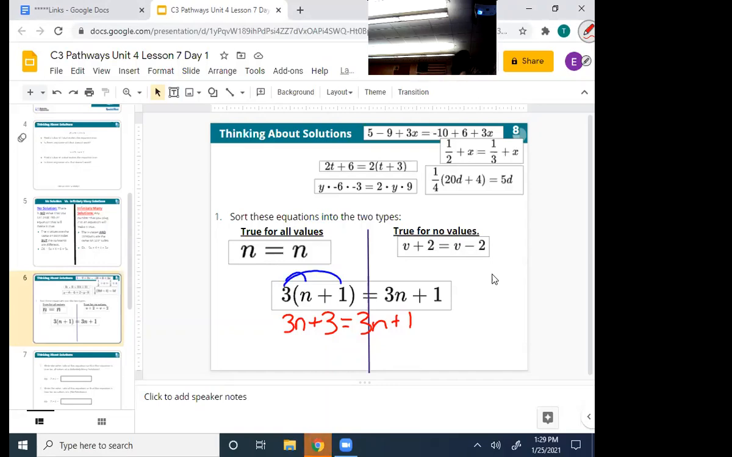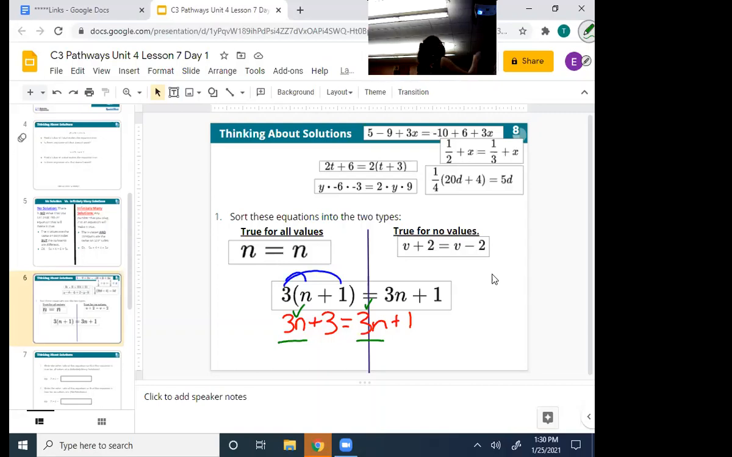Now, we're going to look at either side of this, and we're going to think about how many solutions it is going to have. What do I notice when I look at my variables on each side? My variables are 3n and 3n. What do we notice about them? They are the same. Good. I'm going to put little checks because they're the same. And then we need to look at our